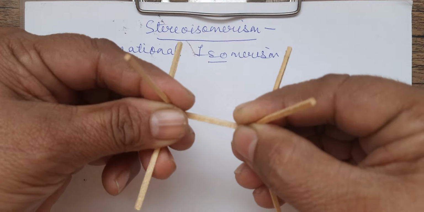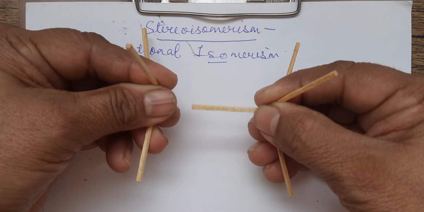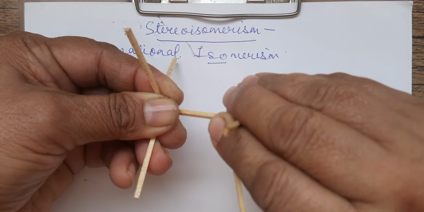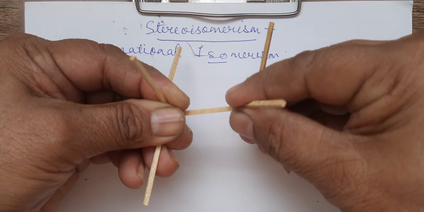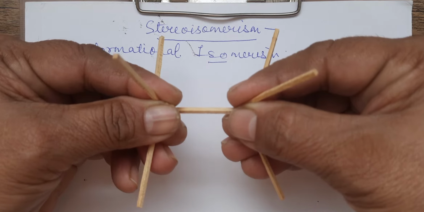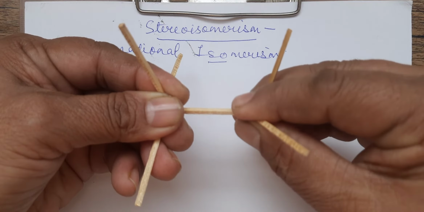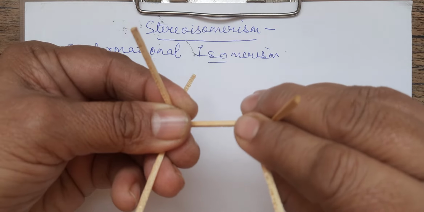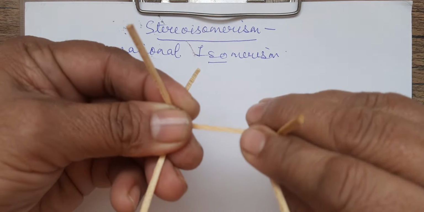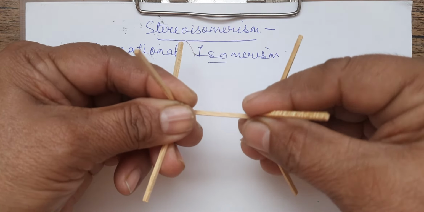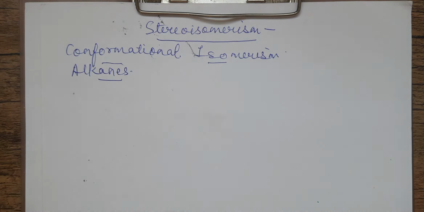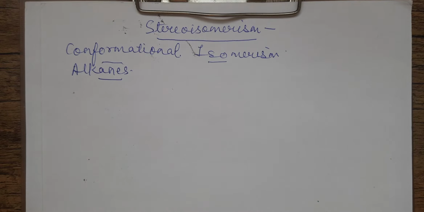If I keep one carbon fixed, say the left carbon, I can go on rotating the right side carbon, and at every position you will have one isomer of ethane. This is conformational isomerism: the infinite number of arrangements possible for the atoms in space when you are rotating along the single bond. I'm just rotating, keeping one fixed. There are two extreme isomers of this which we are going to discuss just now.